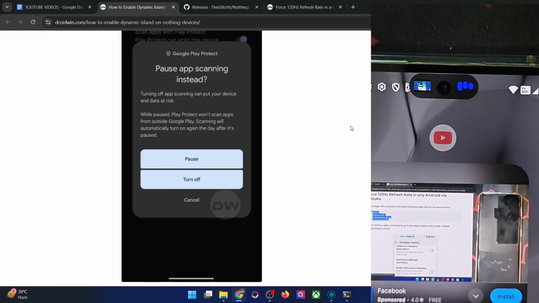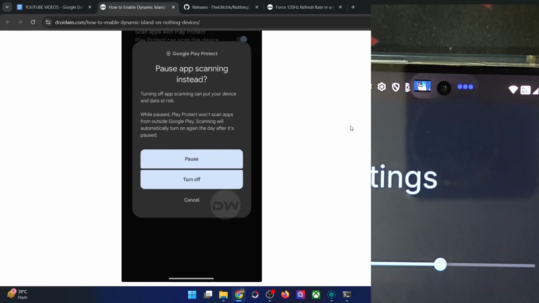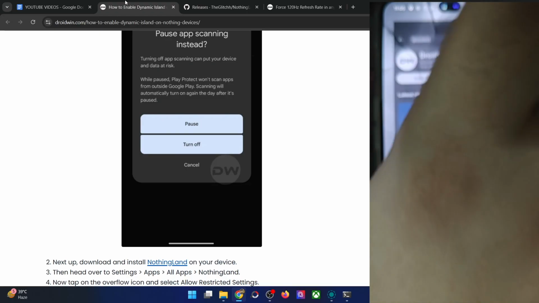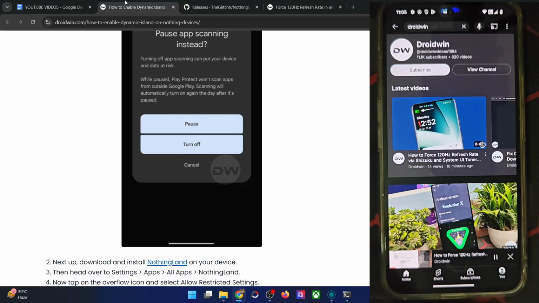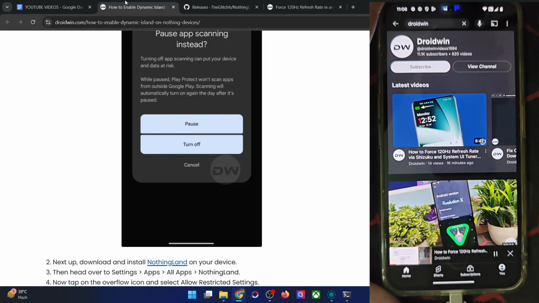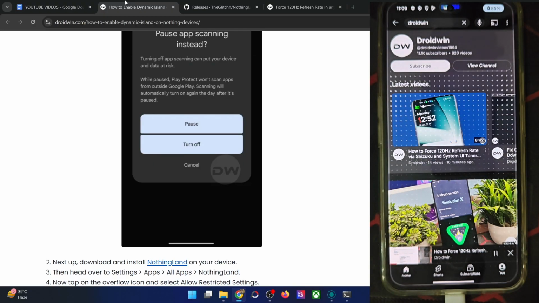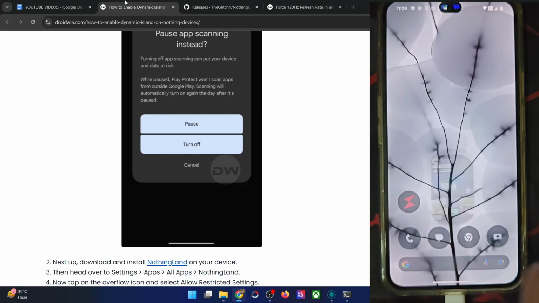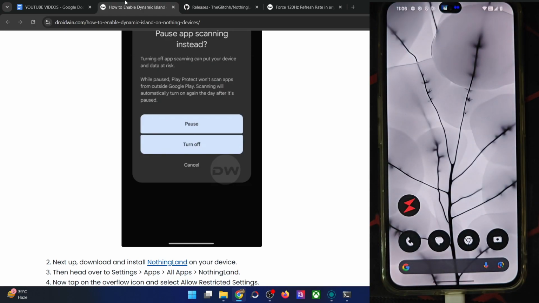So you could easily customize the size and spacing from here as and when required, but at the same time you cannot have two at once. For example, as of now it is showing music being played. If I try to connect the charger, you could see there is no charging shown over here. So at one point in time, you will only get one tweak. That is quite obvious because it's not a rooted app, it's just a third-party app, but still it's doing its job quite nicely. So guys, on that note, we round up this video.